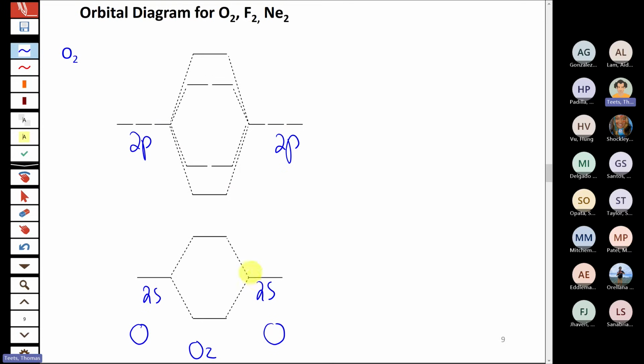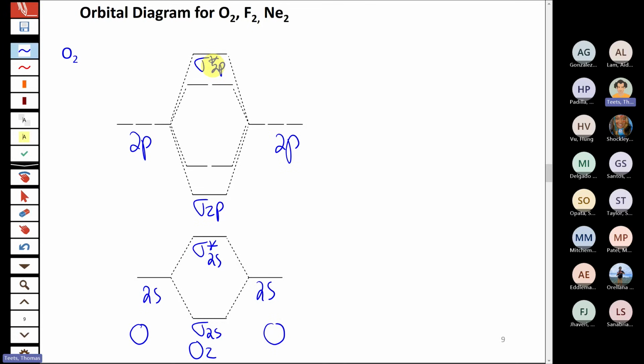The 2s orbitals are going to overlap, as we talked about already, to make sigma and sigma star, bonding at the bottom, anti-bonding at the top. And then we also talked about, pictorially anyway, what happens when 2p orbitals mix together. The 2px orbitals that are along the bond are going to overlap head-to-head to make sigma interactions. So you're going to have sigma 2p and sigma star. And then in between those, you're going to have py and pz overlapping to make pi and pi star orbitals.